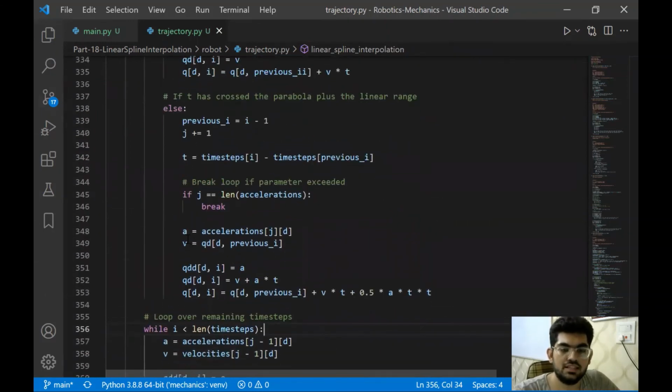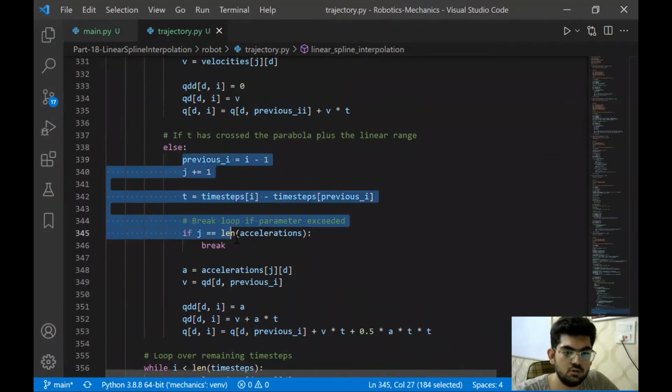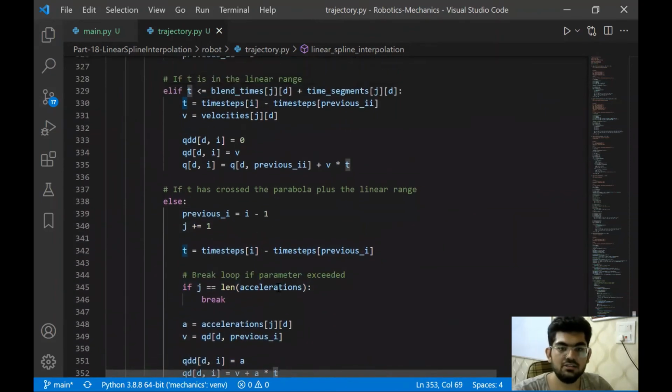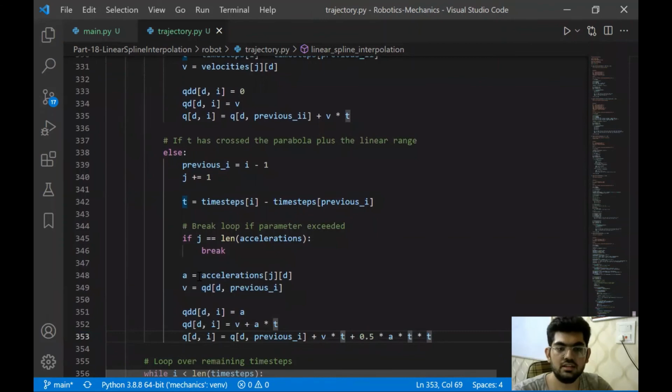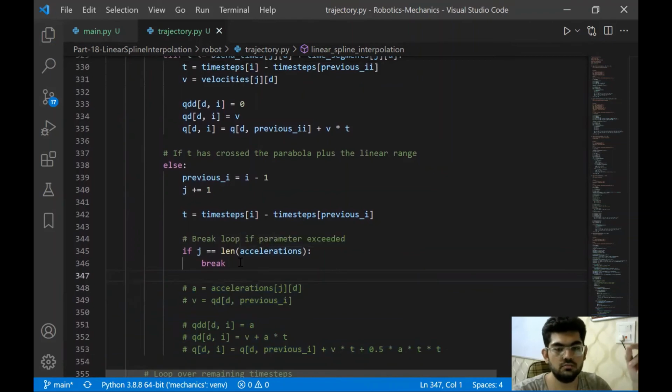One might ask, if we are changing the loops over here, then why are we calculating the value of trajectory over here? It's because of the I value that we have. For instance, if we assume that this part is commented out, then I is going to miss one value that we had to update.